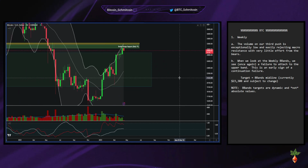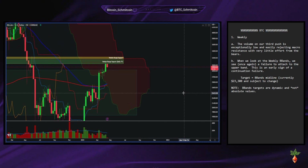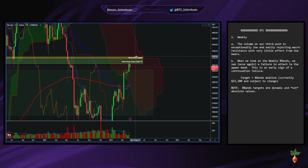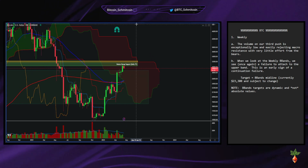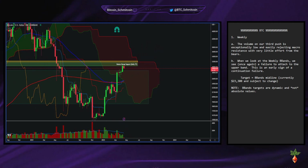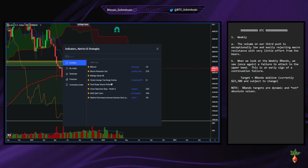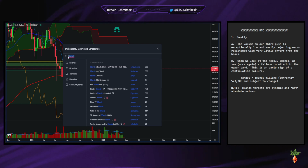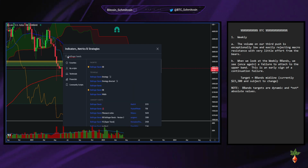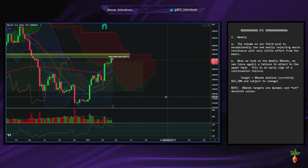What else do we want to say about the weekly? Yeah, we still have this edge to edge setup, but it is running into these obvious levels, and so this gets kind of sketchy, right? So if we overlay, let me get B bands on top of here. Where are B bands? Bollinger Bands? No, not %B. Bollinger Bands. So if we slap Bollinger Bands on here,